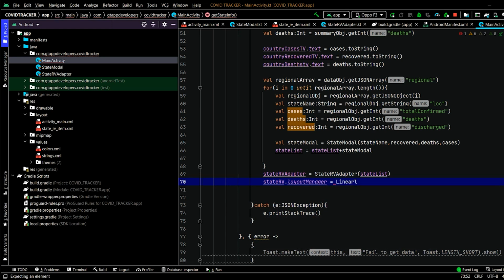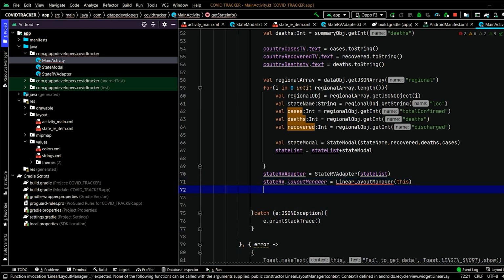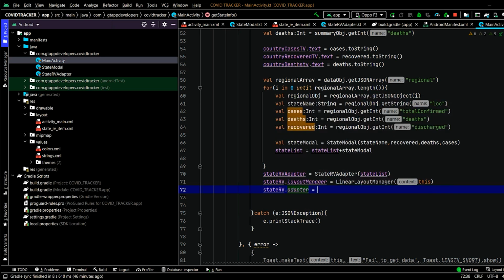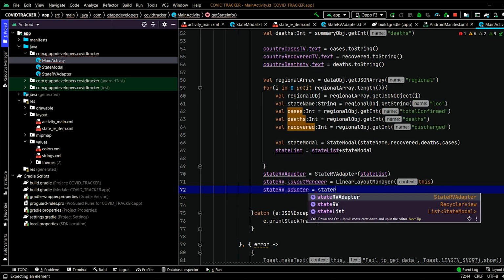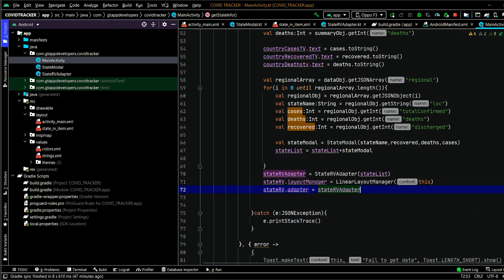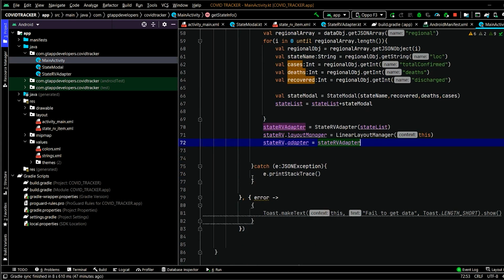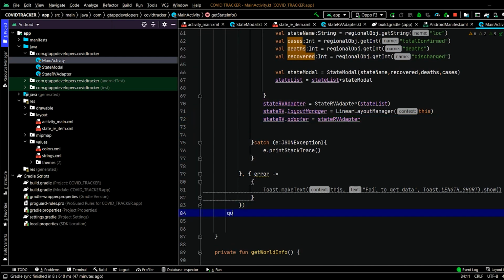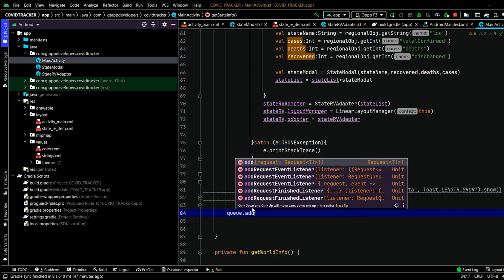We will specify linear layout manager and pass our context. After that, we will set adapter to our recycler view, state rv adapter. Now our recycler view has been initialized. At last, we have to add this request to our queue.